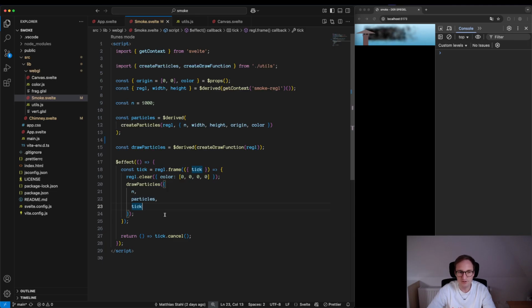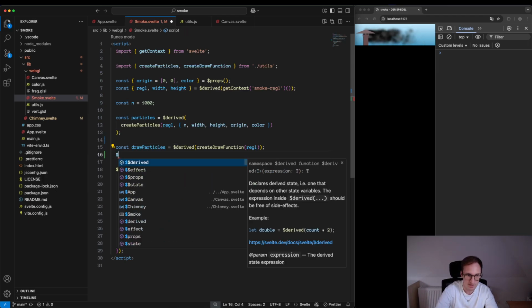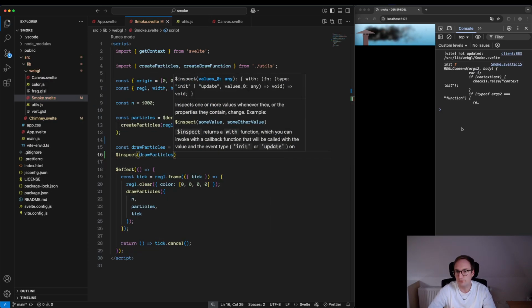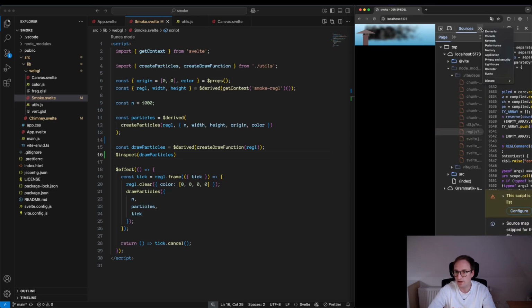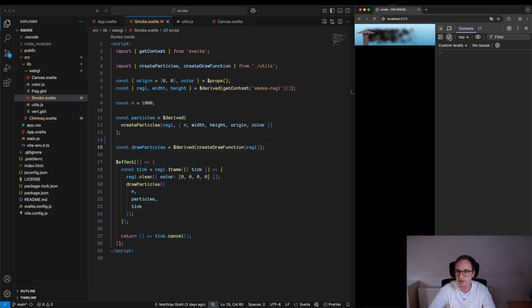Okay, I'm ready to look into this, because we haven't done any WebGL yet. So now it's the time to draw. And for that, we need to have a look at how this draw particles function looks like. So let's do an inspect, because this is a reactive variable. And if we look into this draw particles function, we can see, hey, this is a so-called regl command. Oh, I should have clicked on that. Sorry. This is a regl command, and it looks very cryptic, so we cannot learn a lot from that. So it might be a lot easier to look in this create draw function,